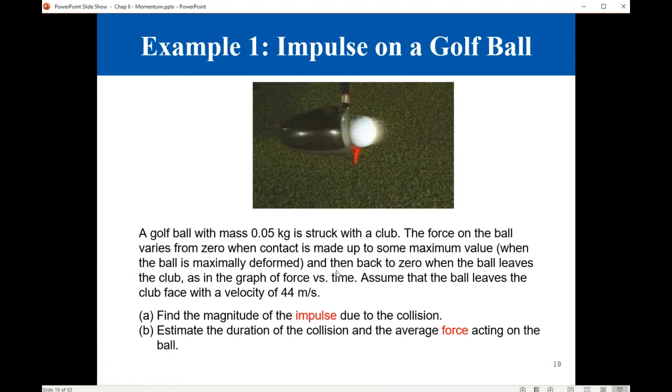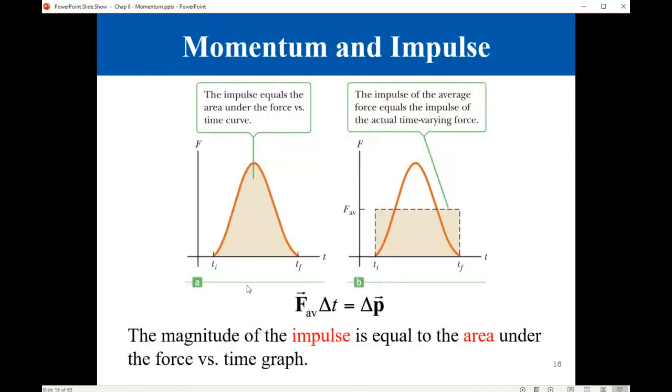The force on the ball varies from 0 when contact is made up to some maximum value when the ball is maximally deformed, and then back to 0 when the ball leaves the club, as in the graph of force versus time. This is an actual graphical representation for the force that the club acts with on the golf ball